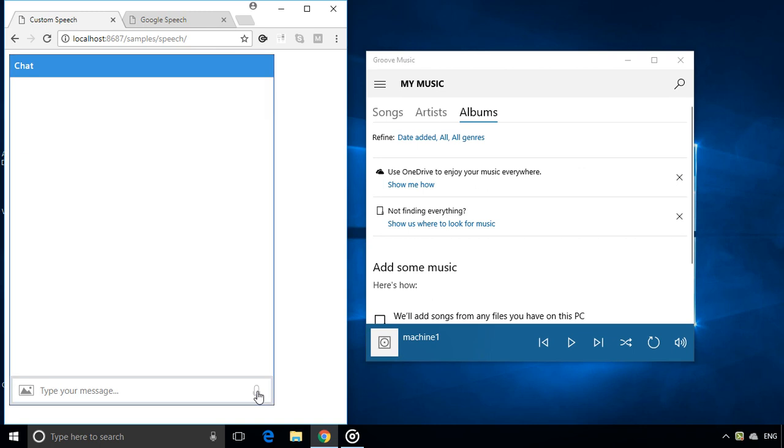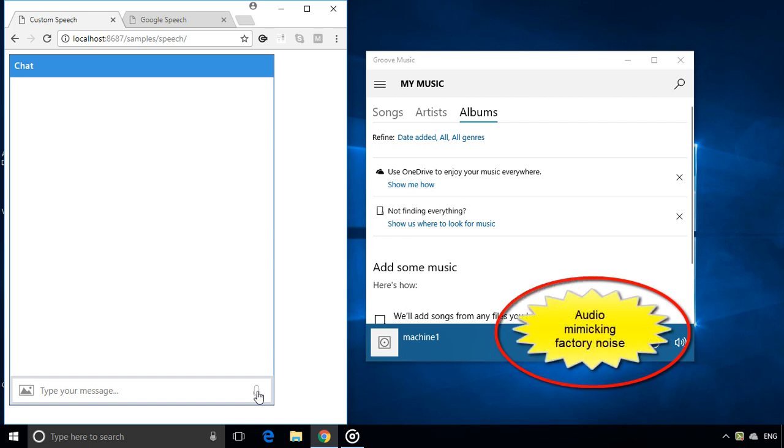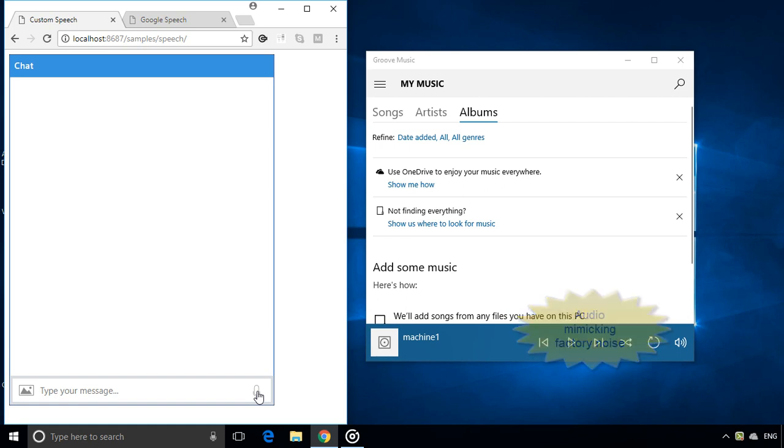Okay, before seeing how to build a custom speech service, let's see it in action first. But I have the following disclaimer. For the purpose of the demo, I will be using an audio recording with background noise that is really ear unfriendly. I have already lowered down the volume, but it's still not very pleasant.